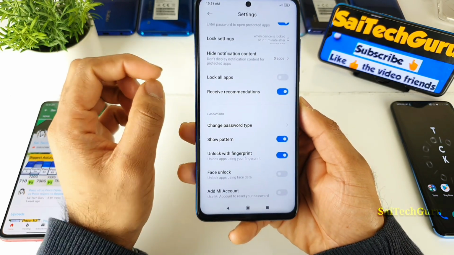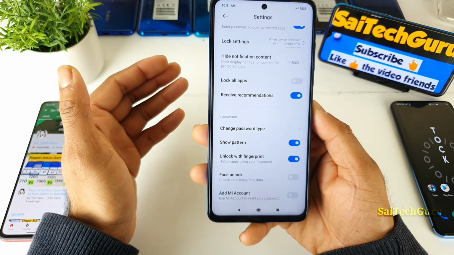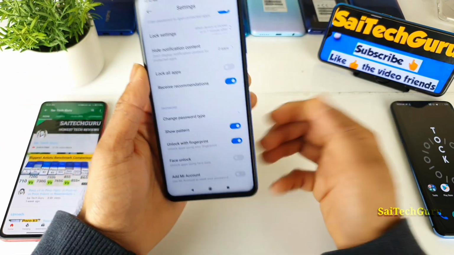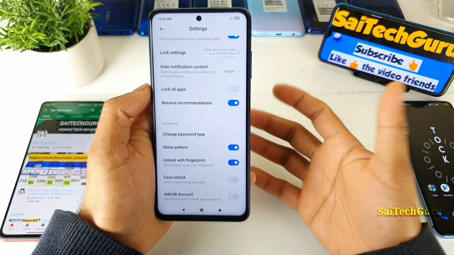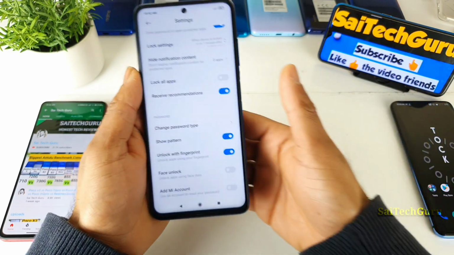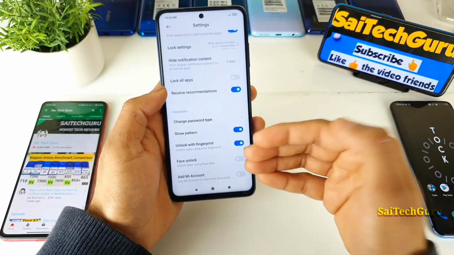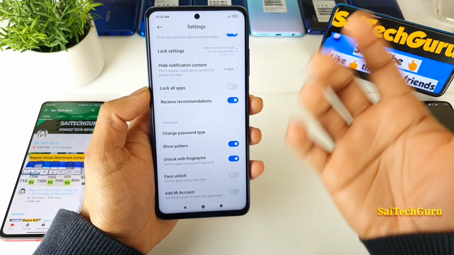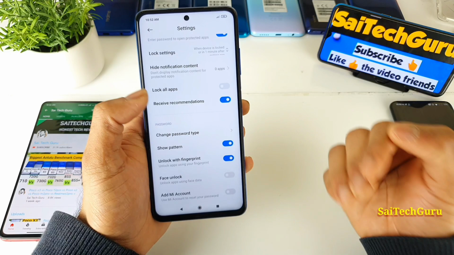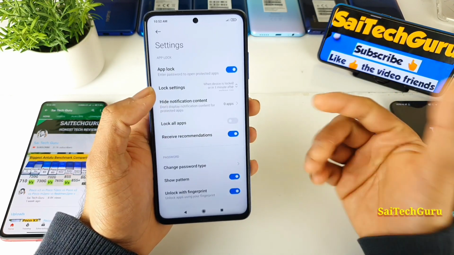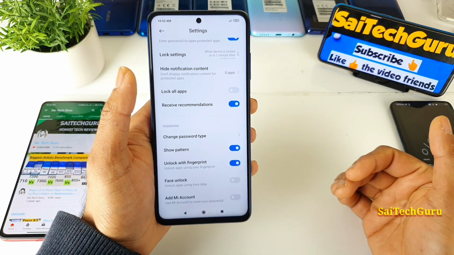Mostly I try to use the Face ID unlocking because it's faster than the fingerprint scanner, and it's much easier. For example, when you're holding the mobile phone in your left hand and the fingerprint scanner is for the right thumb, every time you need to switch between hands while scanning with the fingerprint scanner. If you're using Face ID unlocking, it doesn't matter which hand you're using the phone in, it will unlock faster. So that's the best way to use this app lock. These are the next steps you need to know, enabling fingerprint and Face ID unlocking.